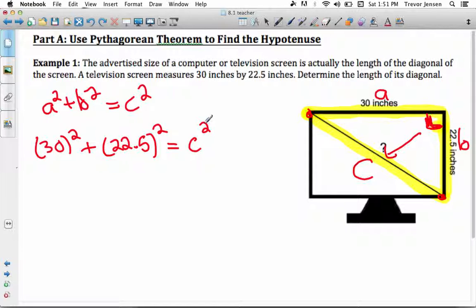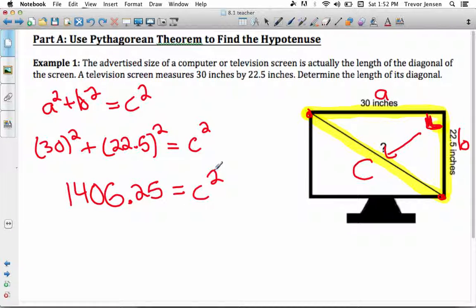Now all I have to do is plug this in on my calculator. What is 30 squared plus 22.5 squared? You could evaluate those separately as long as you follow the correct order of operations and evaluate the exponents first and then add them together. Or you could just type in on your calculator, as long as you have a calculator that will do the correct order of operations, 30 squared plus 22.5 squared, and you get 1,406.25